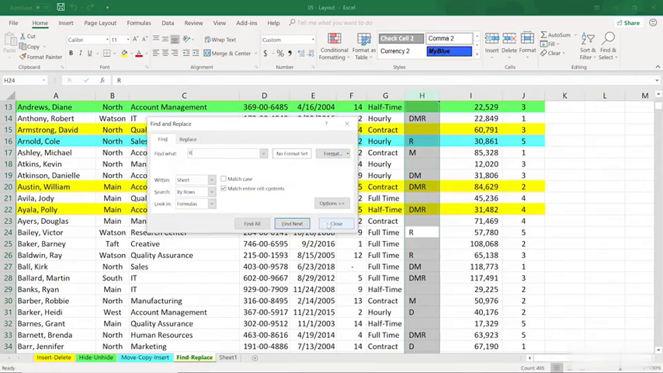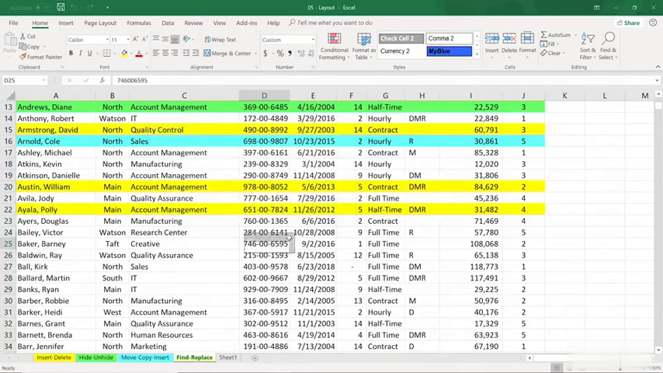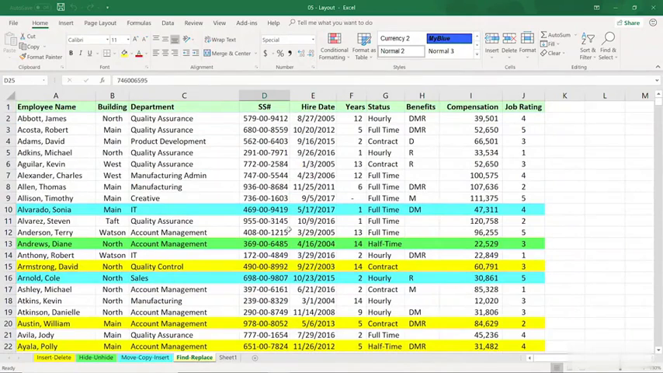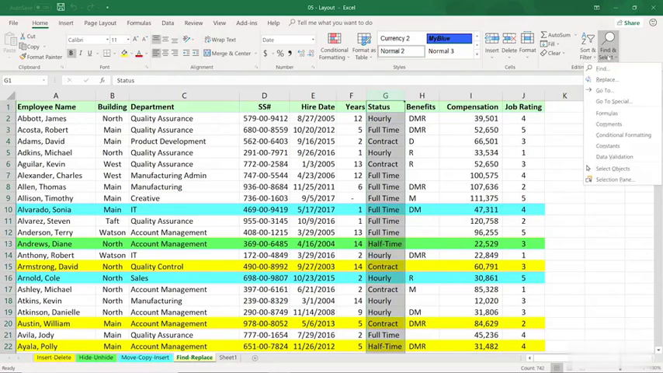Now, sometimes what we want to do is find and replace. Let's imagine that this company has decided that they no longer want to use the phrase halftime, because some of the halftime people are really 0.4 or 0.6. We want to use the phrase part-time. So we want to make sure that every time we see half in here, we change it to part. And we don't have to refer to the entire entry here. So we click column G, Find and Select, this time